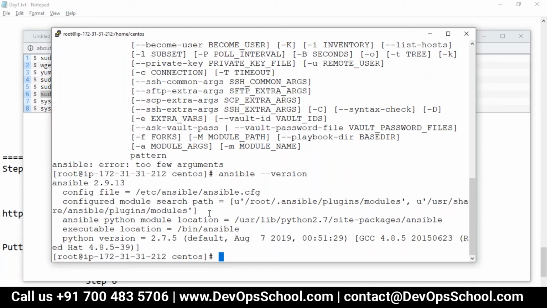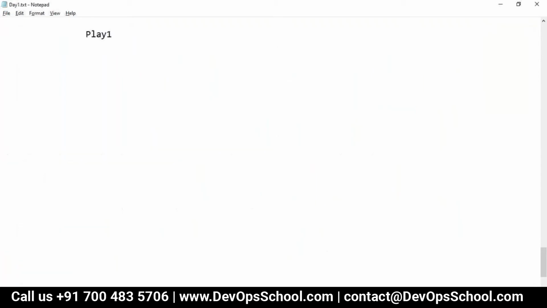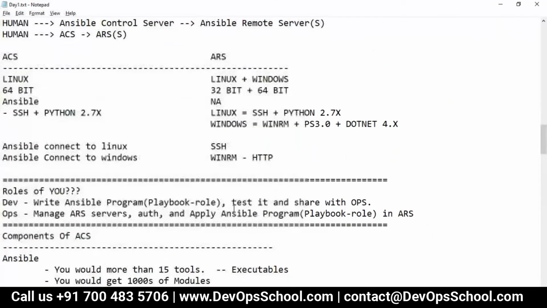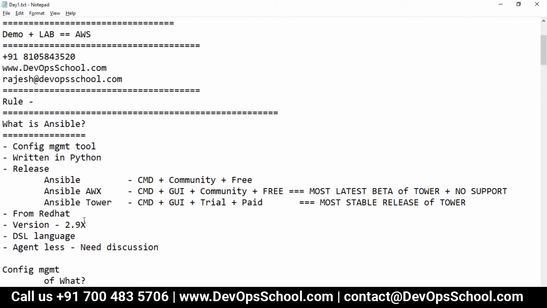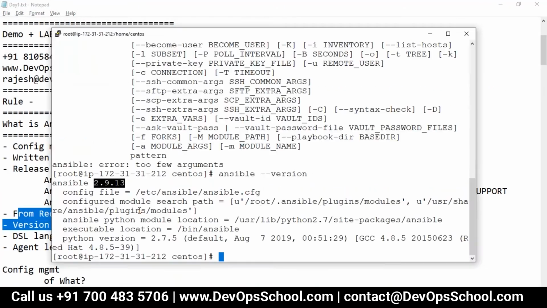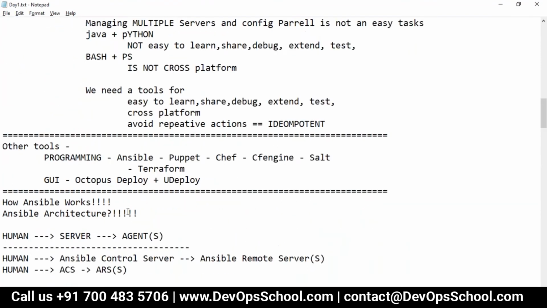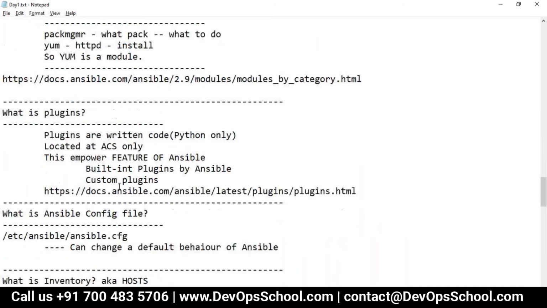See, so Ansible is installed. Now let's look at this, guys. What version is installed? Look at this here: Ansible 2.9. Okay, so I think we are using the latest version, which is 2.9.x. Now guys, I told you Ansible components have a configuration file. So now let's prove these points also.